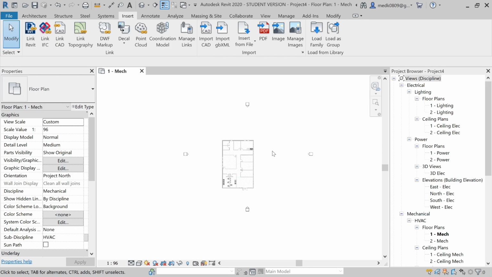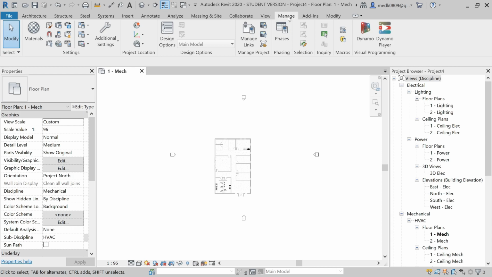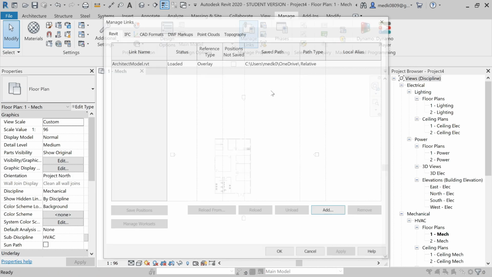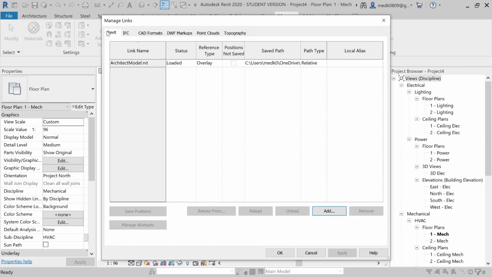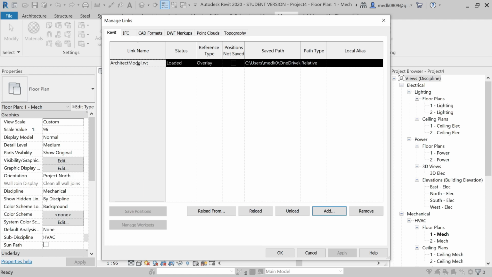Now we'll talk about how to manage this architect link. For that, I'll go to Manage. In the Manage tab, here I have Manage Links. In Manage Links, in the Revit tab, you can see the architect model. This is the file which I have linked to the project. If you select this file, you will get a lot of options at the bottom. First is Remove.